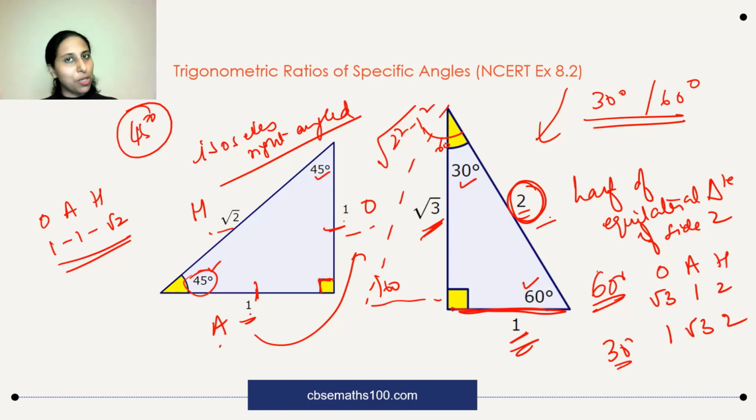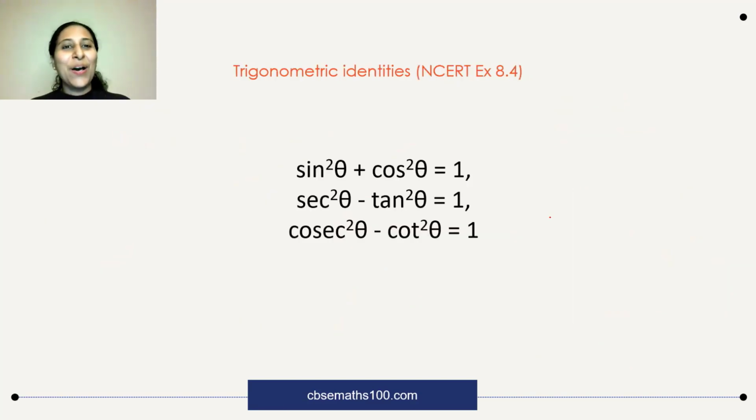Stick to your table. You need to memorize those values so that your time becomes faster. All right. Okay. Trigonometric identities. Sine square theta plus cos square theta is 1. This is the only one where you have 1. So I prefer remembering like this in terms of 1, 1, 1.